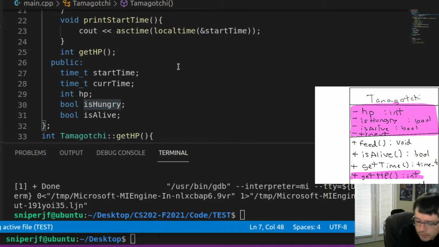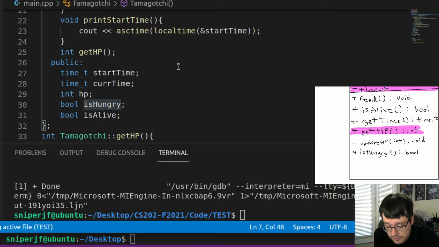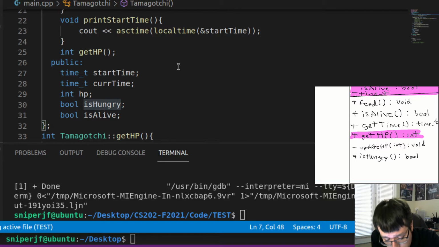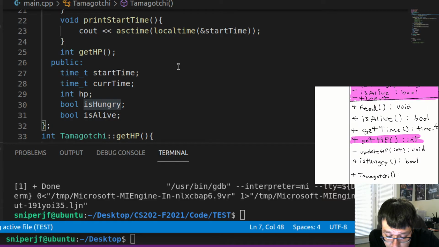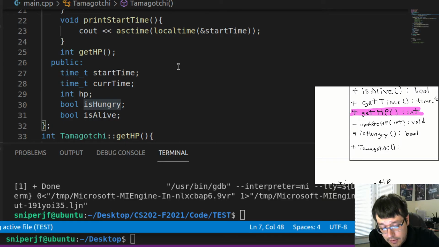And by the way, you should probably put your constructor in your UML. I didn't necessarily because I wasn't putting all the functions. But if you did that, you could do something like Tamagotchi, and then that's it. You wouldn't put anything on that side because it's a constructor. The other constructor, you would do Tamagotchi